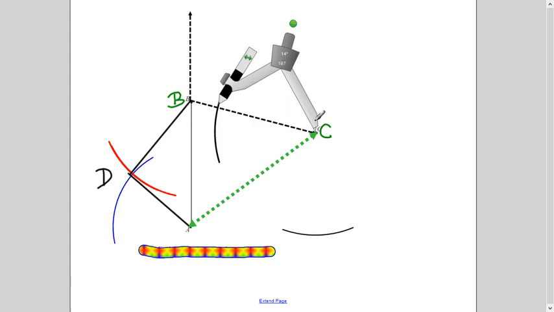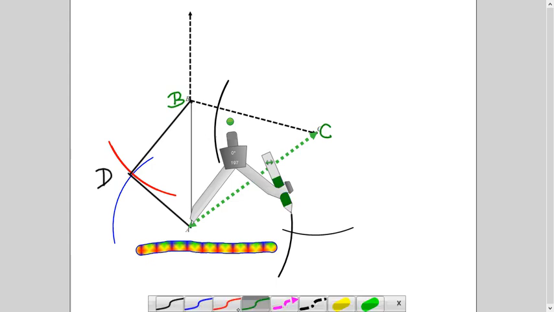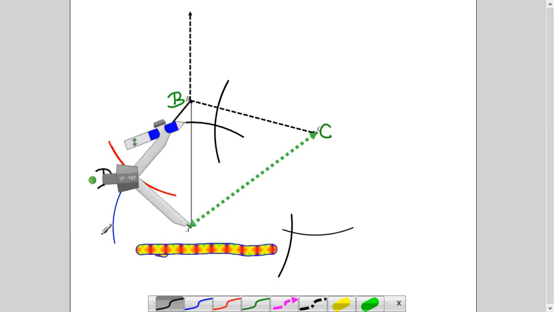Now put the compass at this point because we are drawing the perpendicular bisector of AC, right? So now put the compass here and draw the arc here. And after that, we will draw the arc here. Let me take the black color because I have drawn the line with black color. Okay, so now you are drawing the line here also.